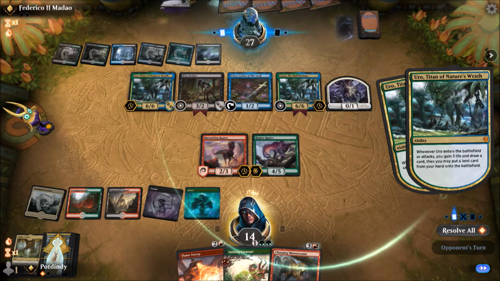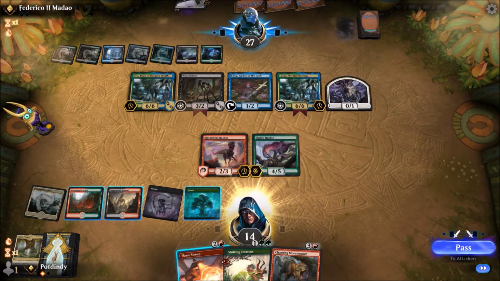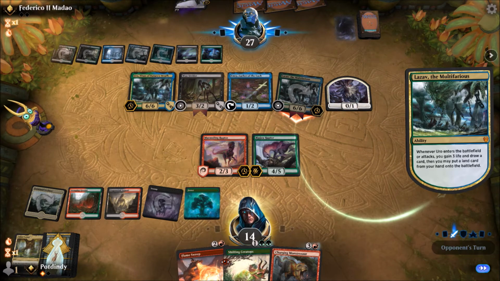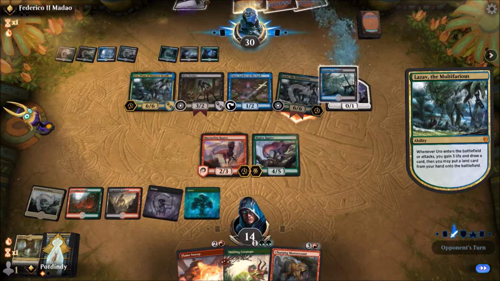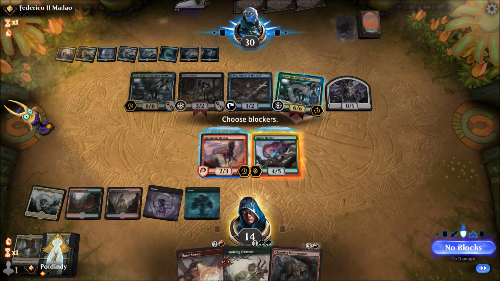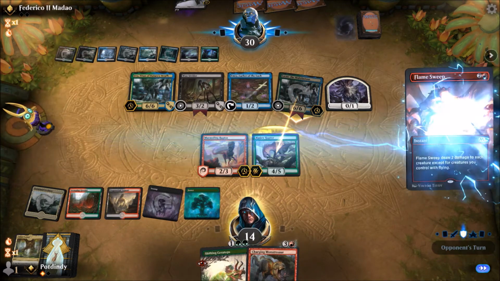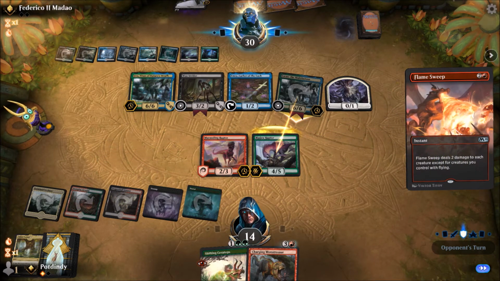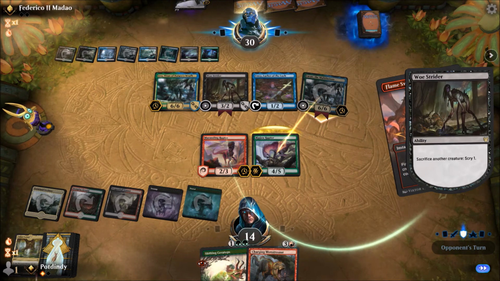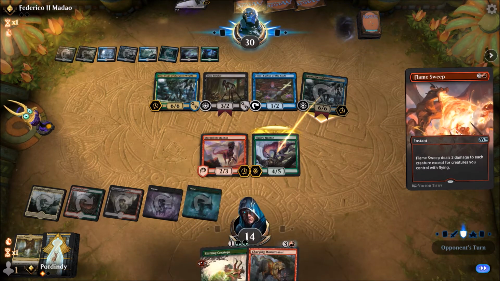Resolve all. So they're going to get value out of Lazav. Yes. Oh, that's so cool. I just realized this is a second Uro. Okay, so we're going to draw a card. 2 cards, actually. And their board goes adios, except for their Uro. Ceratops has protection against Uro, but...